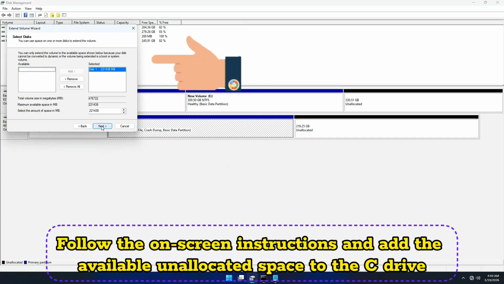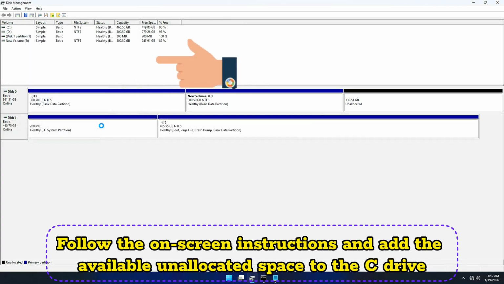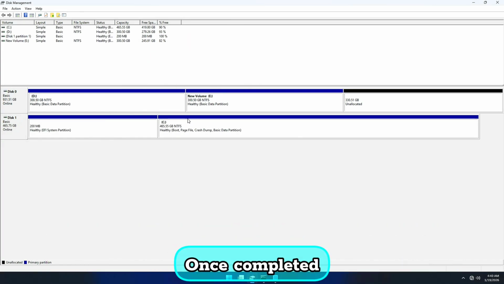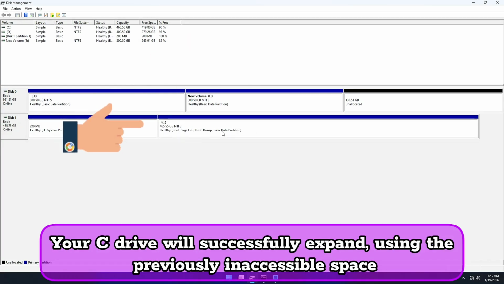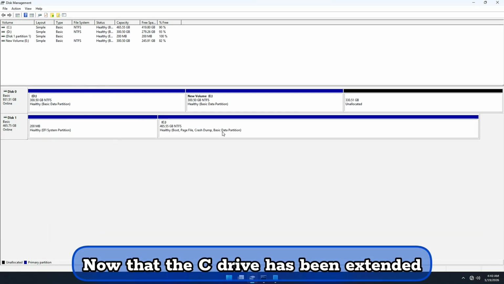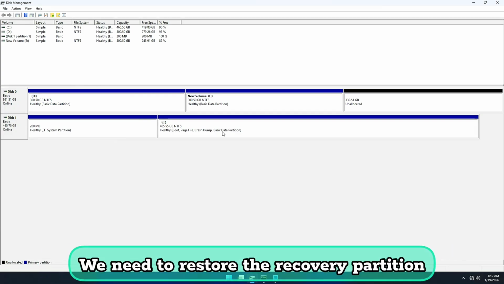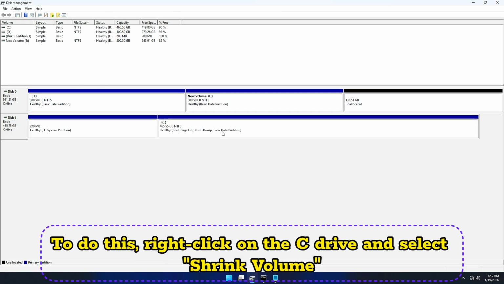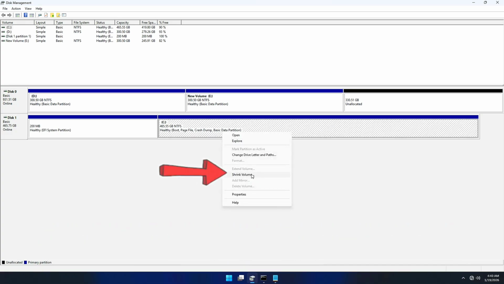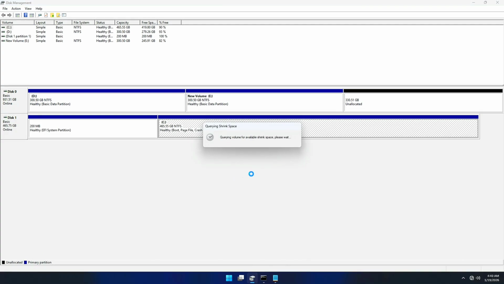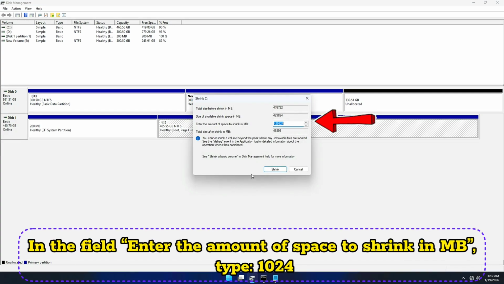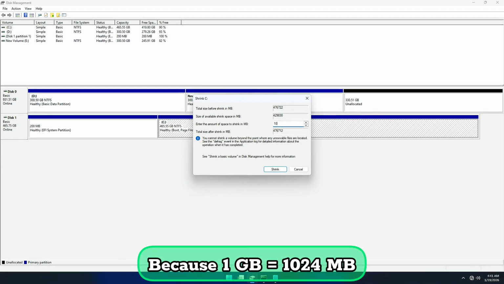Now follow the on-screen instructions and add the available unallocated space to the C drive. Once completed, your C drive will successfully expand using the previously inaccessible space. Now that the C drive has been extended, we need to restore the recovery partition. To do this, right-click on the C drive and select Shrink Volume. In the field, enter the amount of space to shrink in MB, type 1024 because 1 GB equals 1024 MB